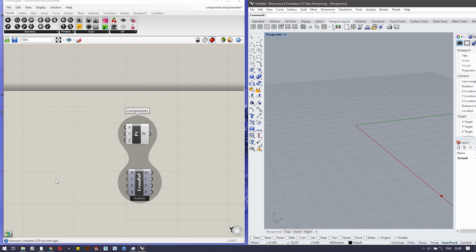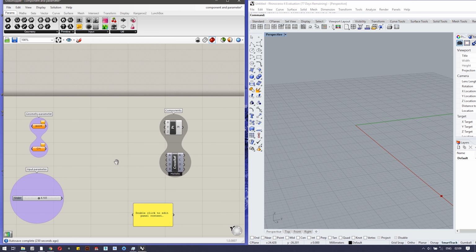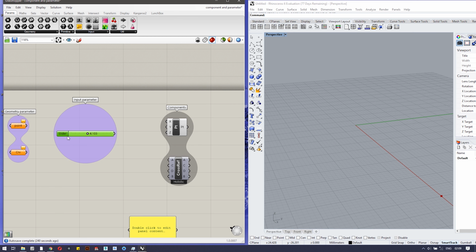And one other thing that I will cover in more detail in the next video, but let me show you a glimpse of it. This slider is actually an input parameter which provides values to any component. So if I connect the output gripper of the slider with the input gripper of Z, now there will be two changes.